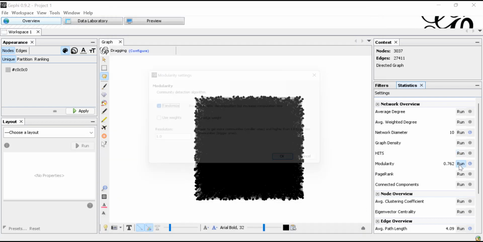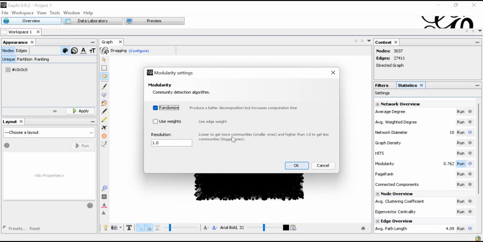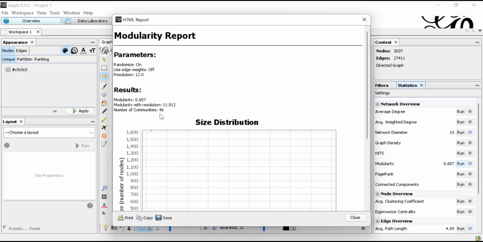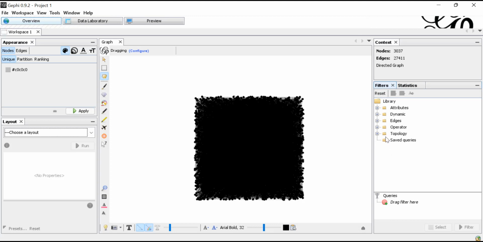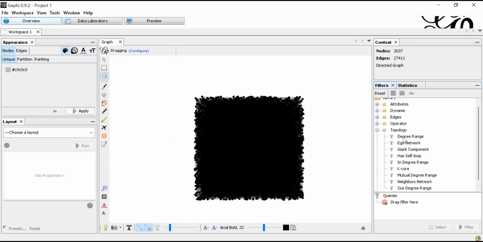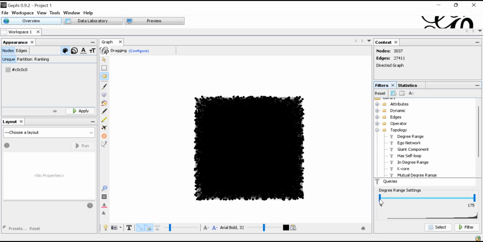As you can see, if you lower it you get more, smaller communities, or higher than 1.0 to get fewer. What I did earlier was trial and error to produce a total number of communities from this. Okay, and for the filter, I will use degree range,